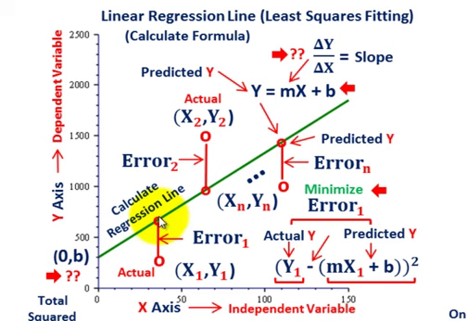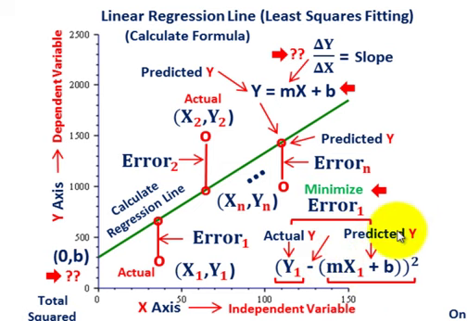And that's going to be our y value here. This is going to be our regression value here, our predicted y value. So looking at error 1, our actual amount is y1, whatever we're looking for, that y1 is the actual y that we have, less that error. The difference is,